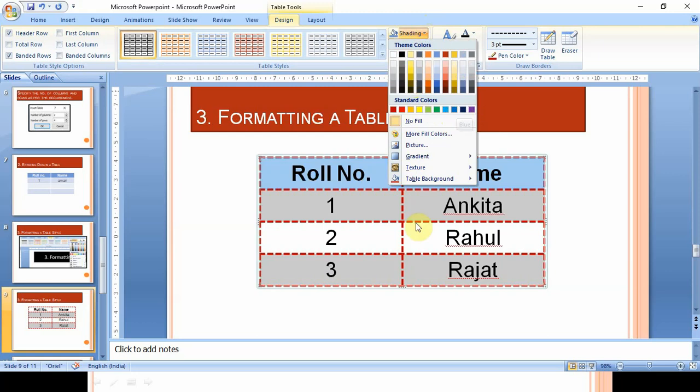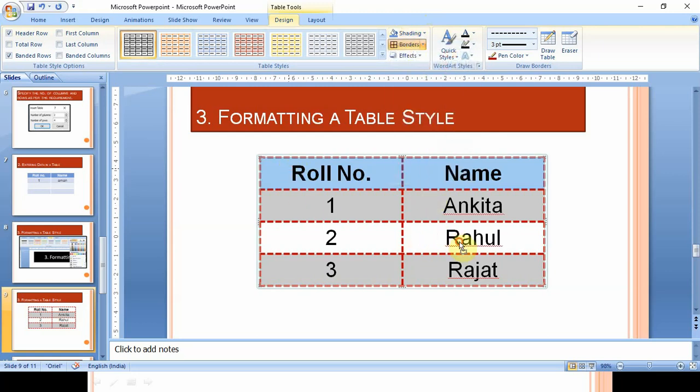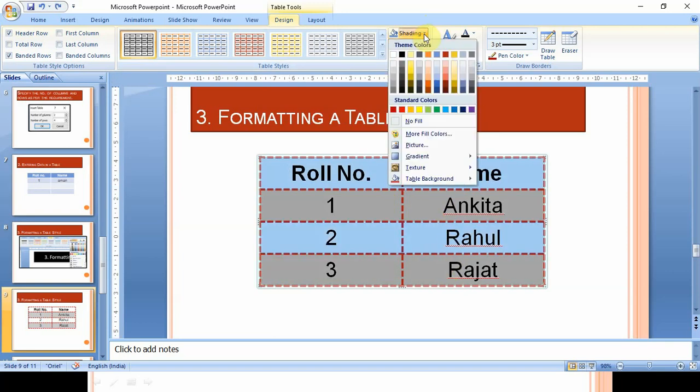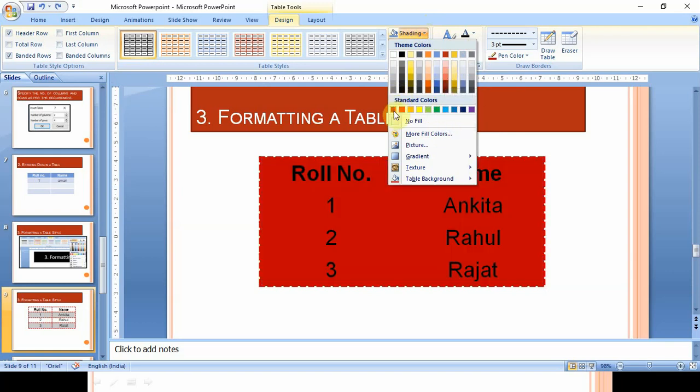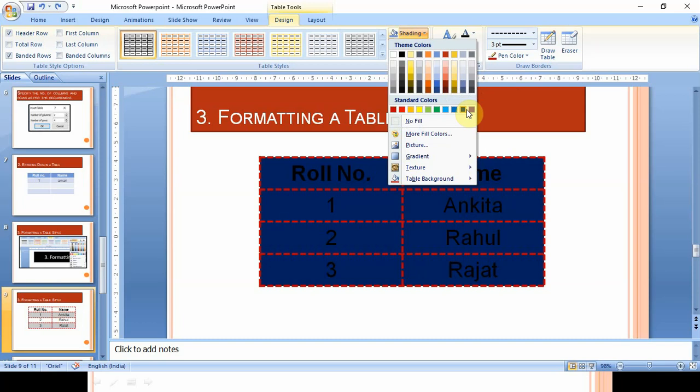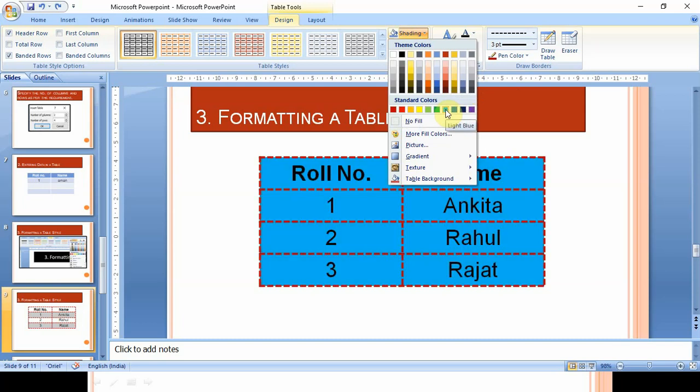This is for the one row. If you want to apply it to the whole table, just select the whole table like this, then go to the Shading option, then click on the color that you want to specify as the background. Is it clear? This way, whatever suits your requirement, your data, we can go like that.